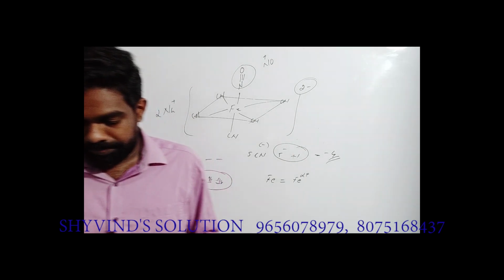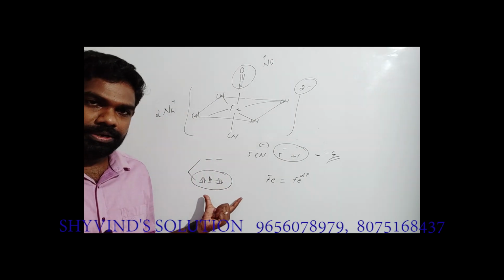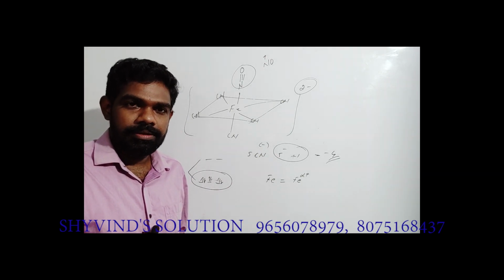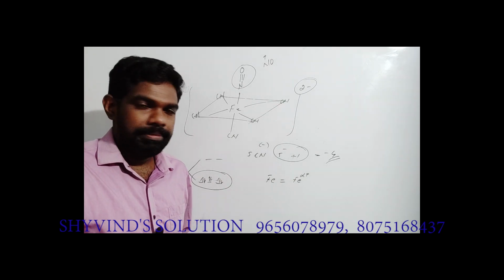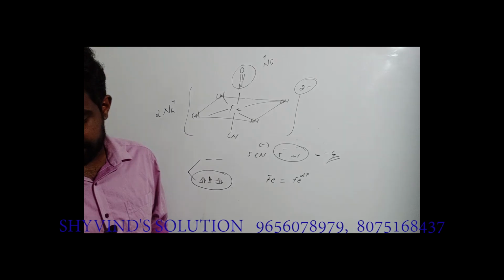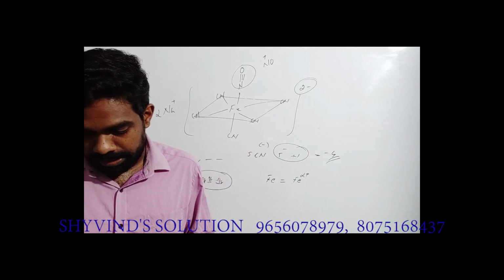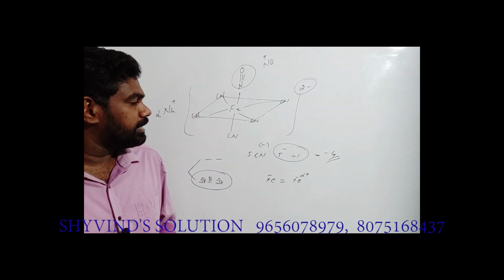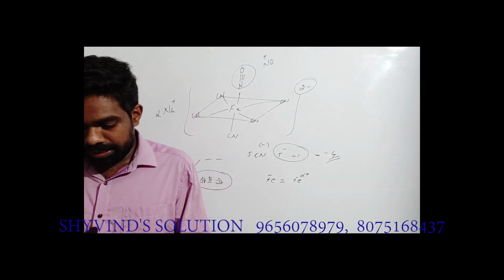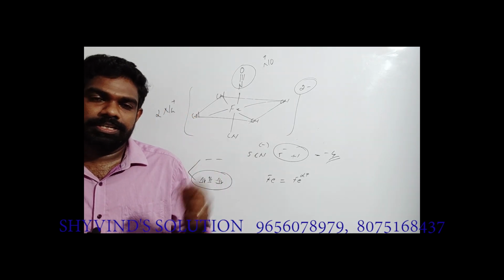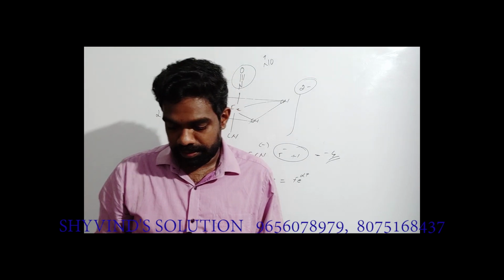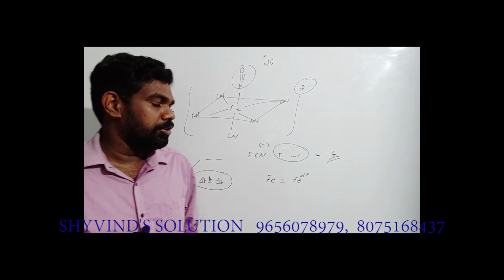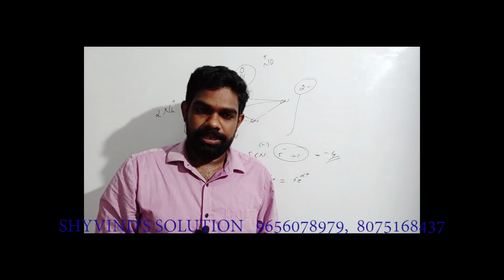So the first statement is about it being a paramagnetic complex. Definitely not. It's a diamagnetic compound, completely the electrons are paired. So the first statement is wrong. The second statement, the nitroprusside ion is formed in the brown ring test of nitrates, is also wrong. The third, it is used for the detection of S2- ion, is correct. And option 4, it contains nitrosyl ligand as NO+, is also correct. So the answer is option C and D for question number 33.